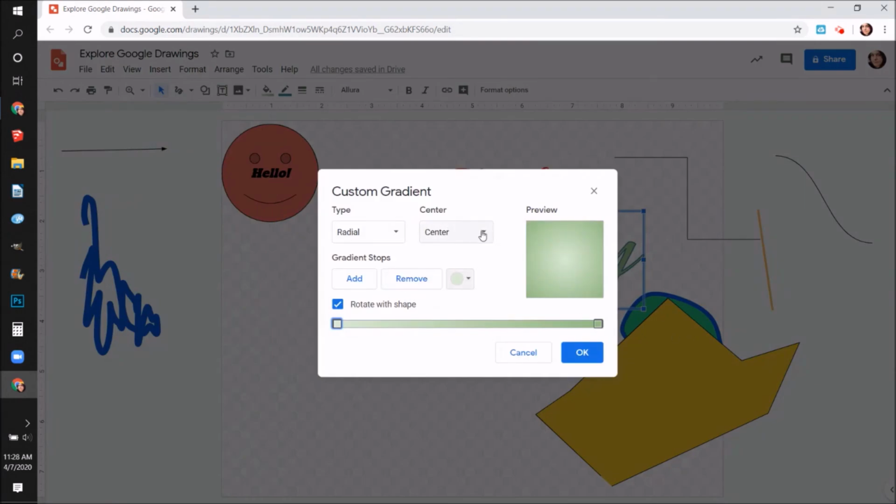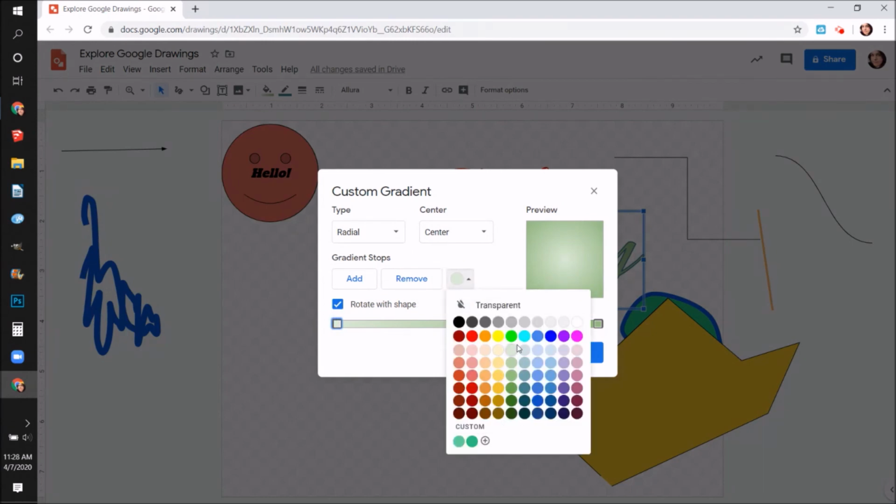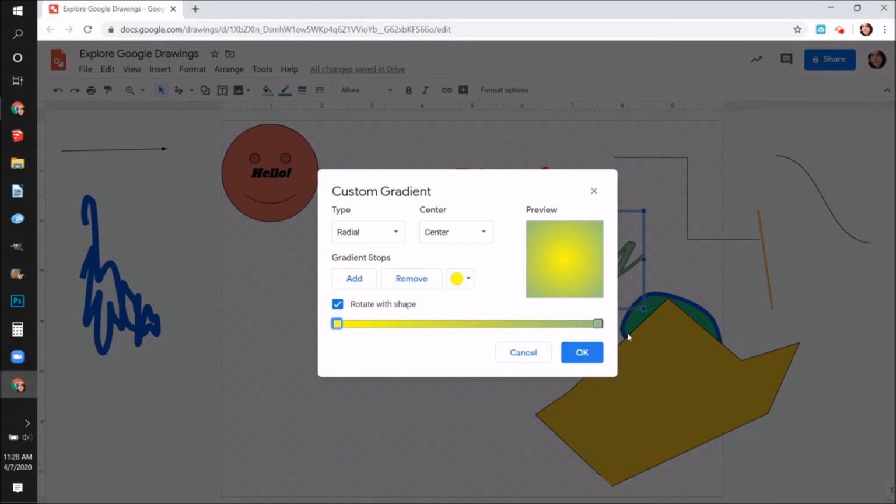So notice that it's centered. So it's lighter in the center. And right now they've selected this color right here. So I can change that color. I can make it yellow if I want. I could change this color over here. I'm going to make that purple. Okay, so notice that in the center, it's going to be that